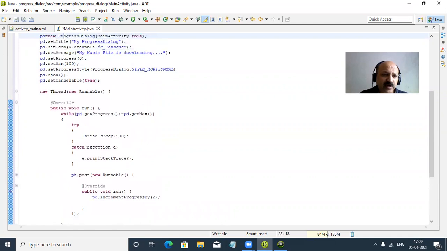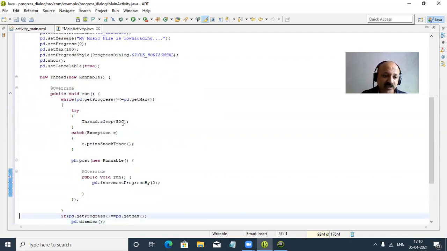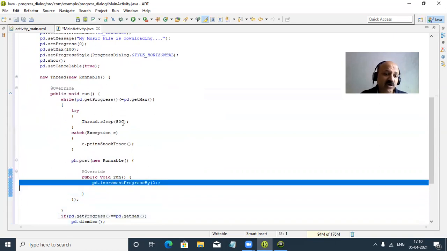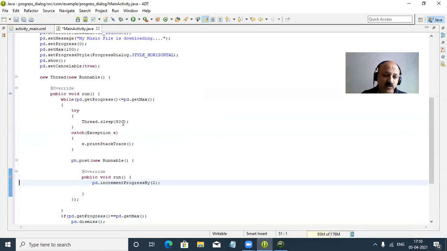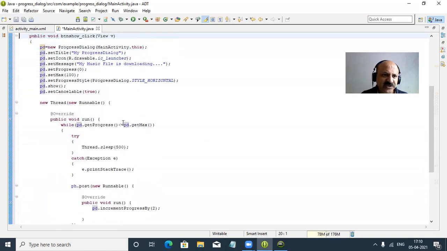You can look here: in the while loop and the if condition I use inbuilt methods, and here we increment using incrementProgressBy. You can pass 2 or 4, depending on your requirement. Here I pass 2, but you can jump by 4, 6, or any number like 5. There is no requirement of even or odd; you can apply any value, but a small one is better to watch. So that is how the progress dialog box moves, and that finishes our coding.